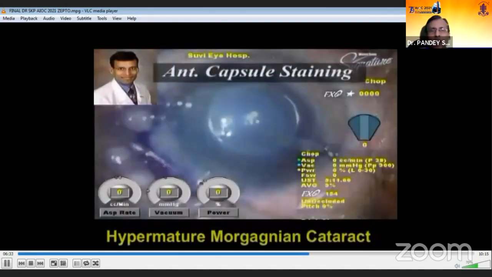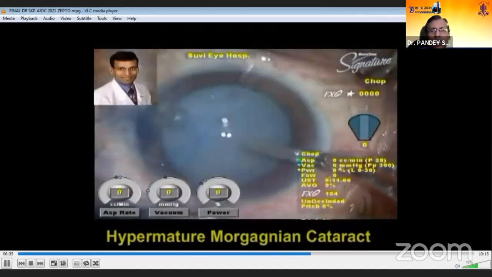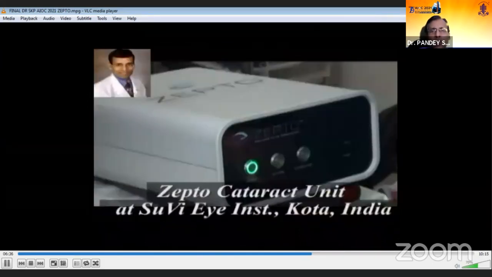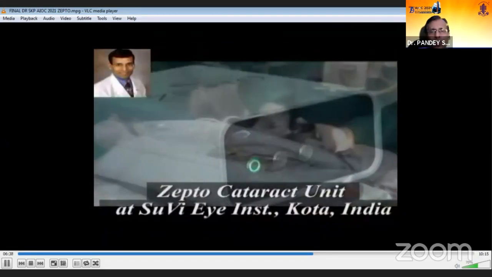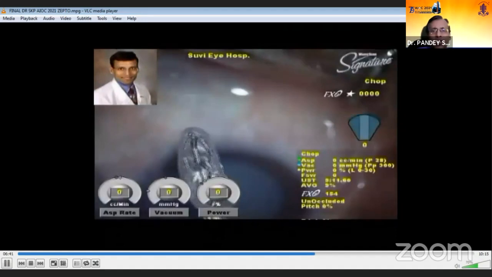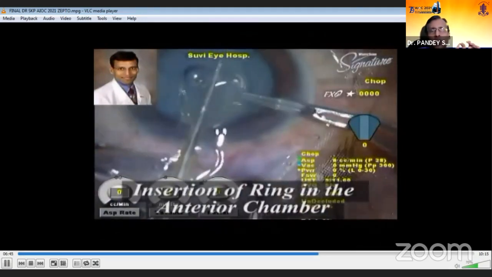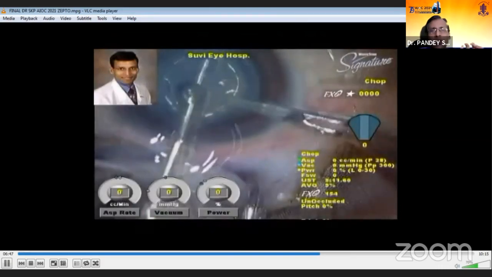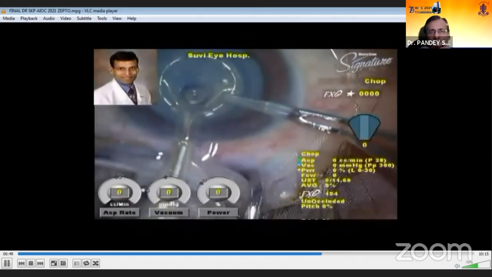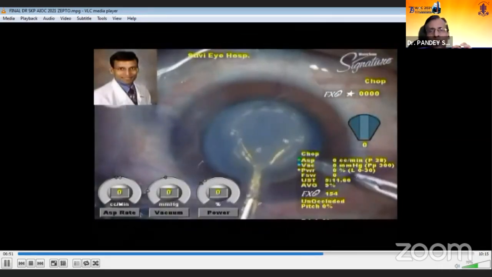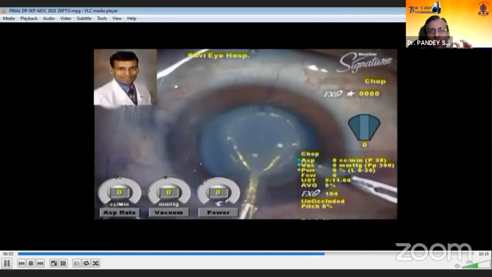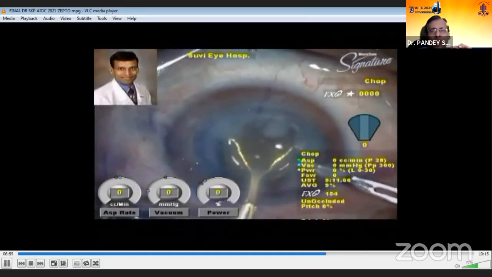Here, this is a case of hypermature Morgagnian cataract, which we planned for toric multifocal lens implantation. And you can see the Zepto handpiece being inserted using the 2.8 millimeter incision. You can see the silicone cup with nitinol ring, and notice the presence of cortical milk once we perform the capsular access.